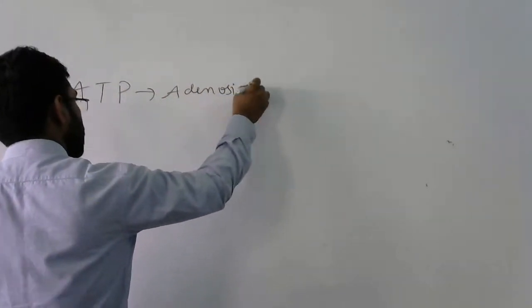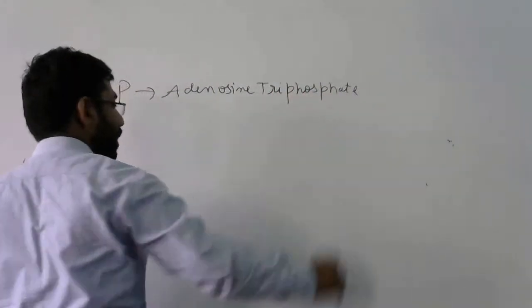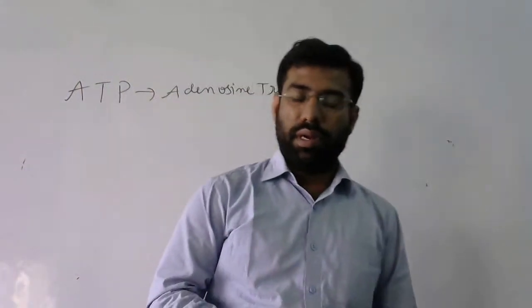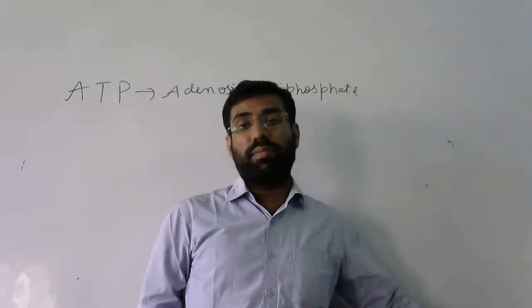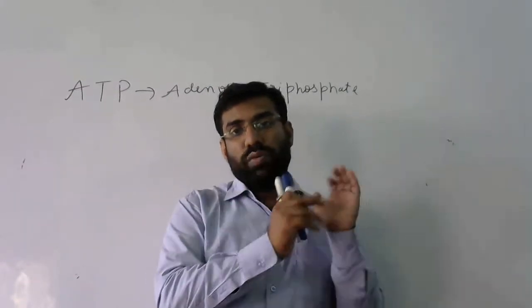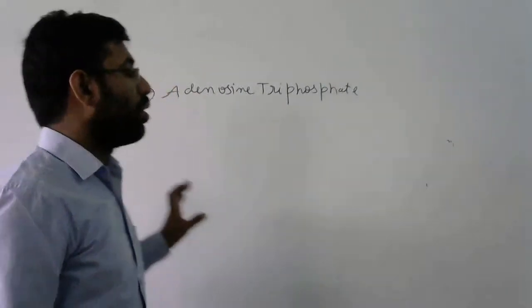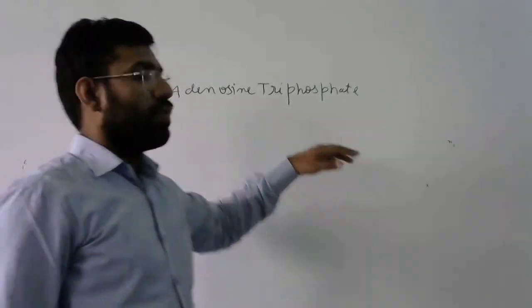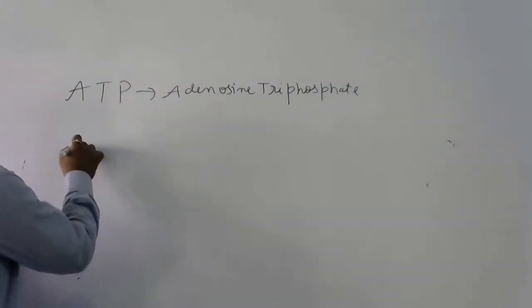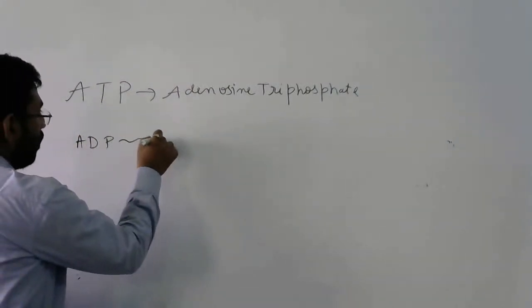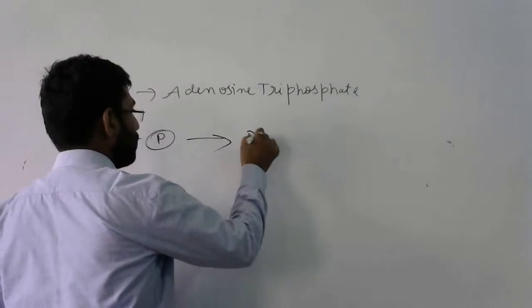ATP is adenosine triphosphate. Whenever energy is released, we use that energy. For example, some people use their money to fix it in a bank account as an FD. So whatever energy organisms release after respiring, they store in the form of ATP. With the help of phosphate linkage, it forms ATP.